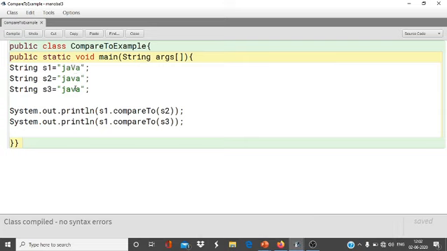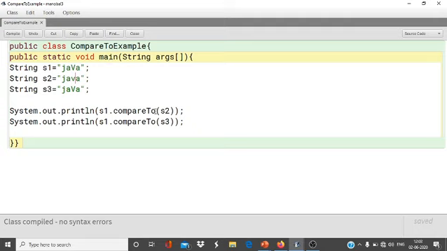And suppose also I have given here capital P. Now see, S1 is equal to S3, but S1 is not equal to S2. Then what will happen? First, how will it work? It will compare this J, which is the same, no problem, 0. But here capital V, there a small v. Here is the difference. Now it will find the difference, because the compareTo function is case sensitive, and Java is a case sensitive language. So if the case is different, it will return the result according to that.